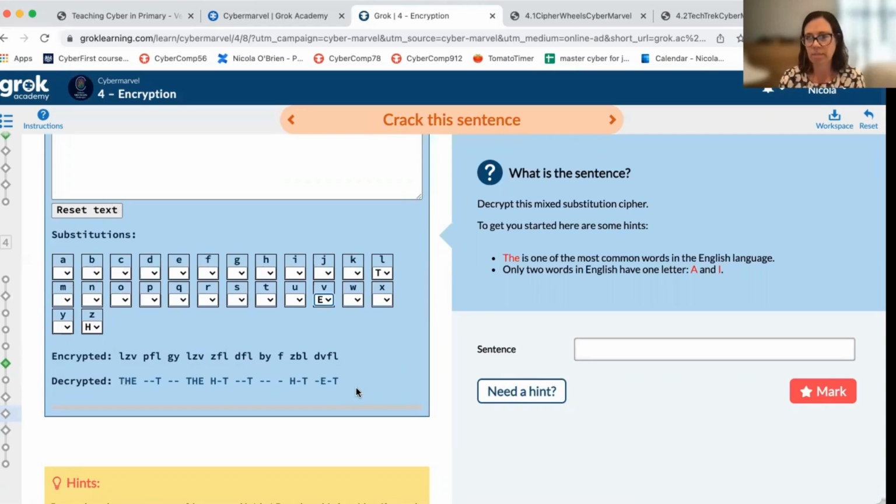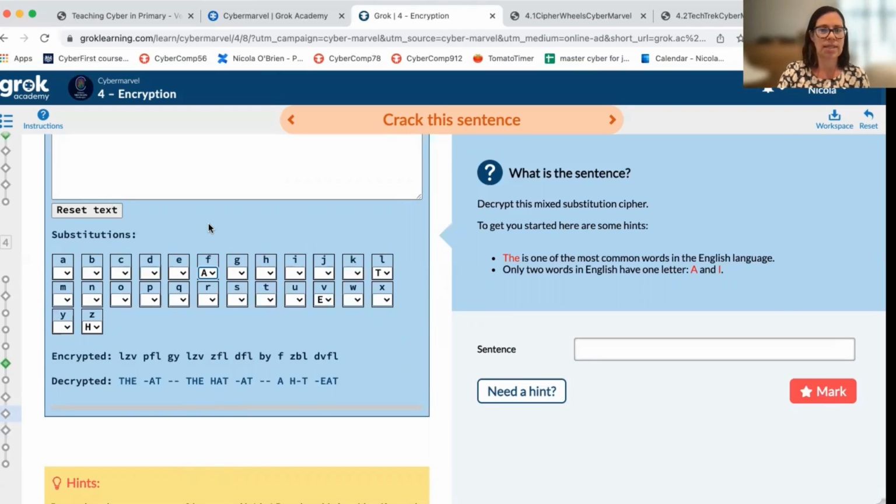So I can see H something T, and it can't be an E, it could be hot, could be hit. Let's have a go. We'll try it with an A. So we're going to swap out F for an A. And this is starting to look something familiar, "the something at something the hat at," and on we go. Students really enjoy this activity because they can start from feeling maybe a little bit, where do I start, what do I do? And applying what they already know about the English language, they can start to unscramble this message